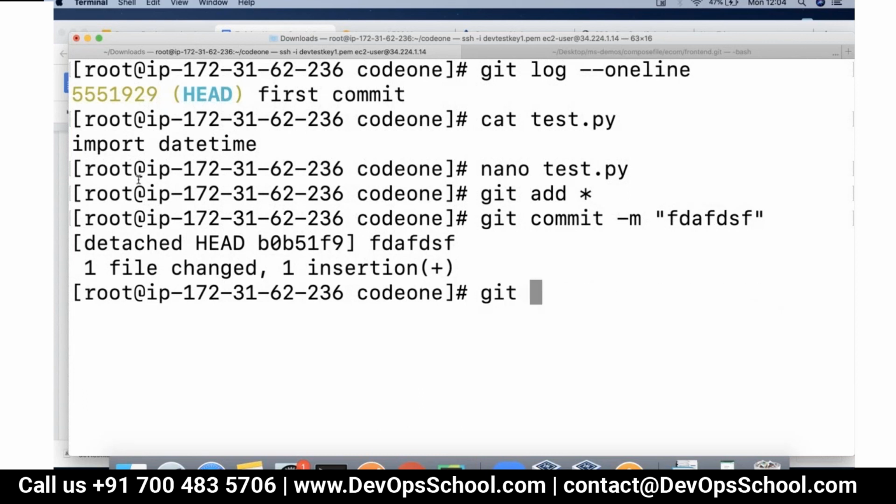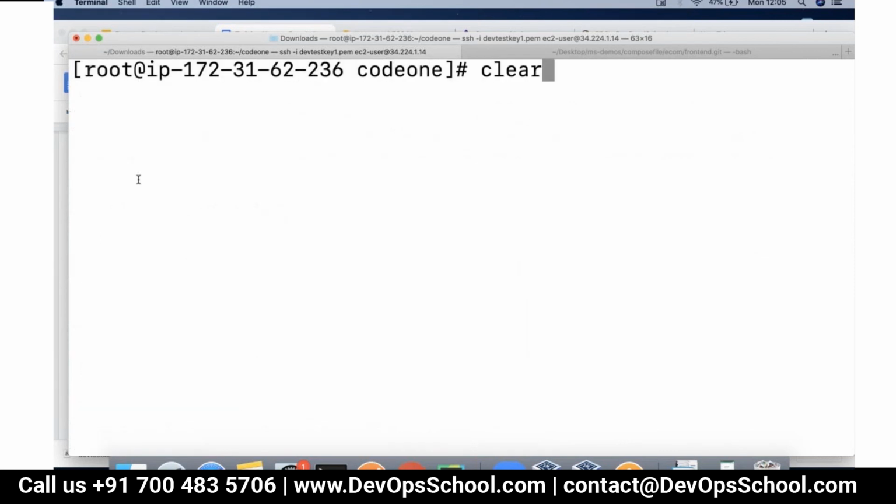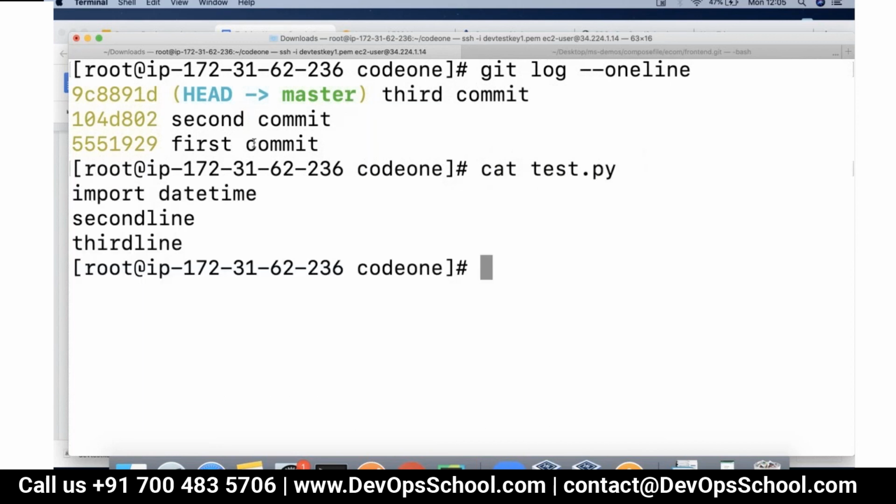We can see that. So if I do git checkout master, and if I do git log, I will not really see those changes here. Just notice, you don't really see the 4th commit which I made. And if you see the file itself, the file also does not carry any changes, because git checkout, the method that we are using, is bound to be in the read only mode. Even if you go back to the first commit, you will not really see the changes that you did.